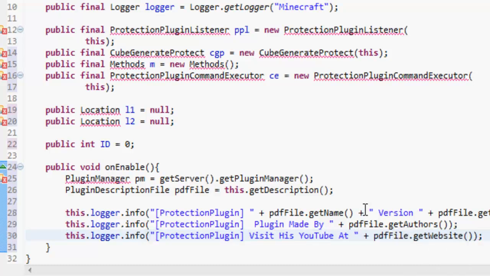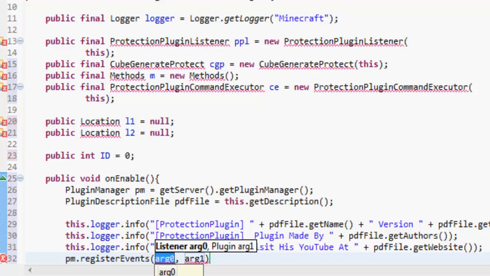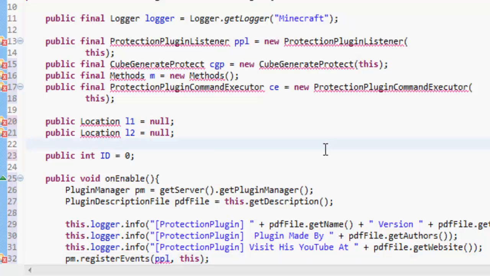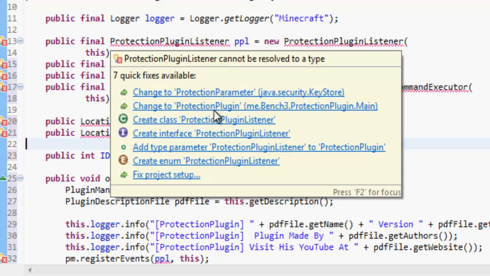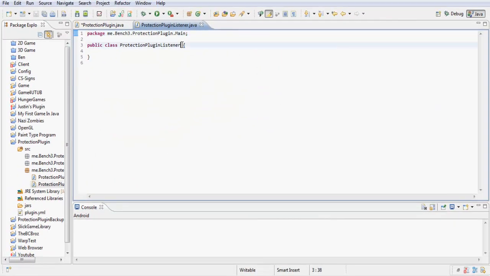So there's just a few other things you can do with the PDF file, which we'll add in a bit. And we also want to register some events. So pm.registerEvents, and the listener is ppl, and the plugin is this. So I say next we probably want to make the listener. So let's create a class called ProtectionPluginListener. Do finish and make this implements Listener,